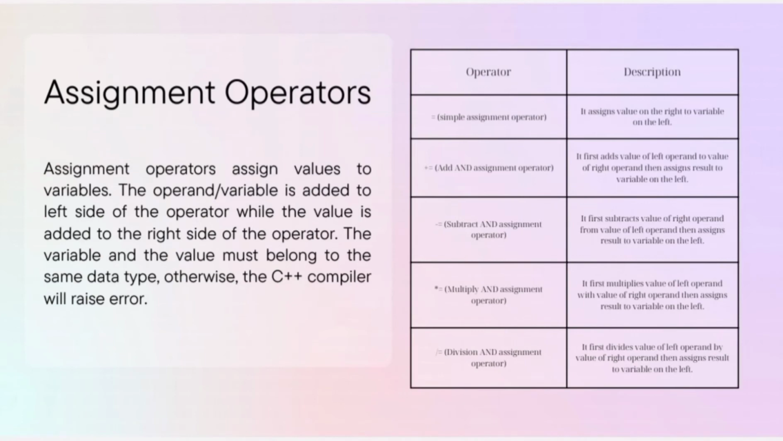Assignment operators. Assignment operators assign values to variables. The operand variable is added to the left side of the operator while the value is added to the right side of the operator. The variable and the value must belong to the same data type, otherwise the C++ compiler will raise an error. For example,